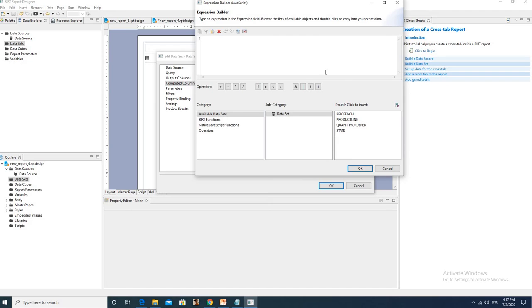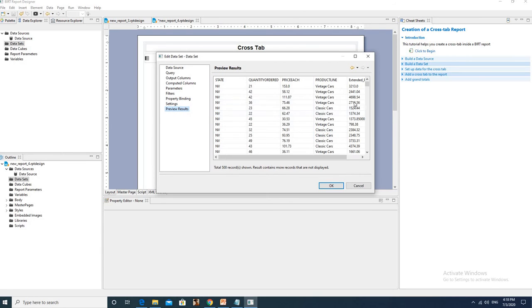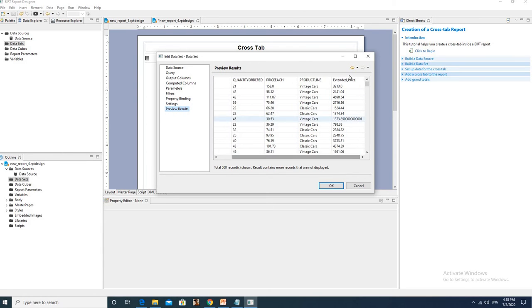Build the expression here as quantity ordered times price each, and then press OK. Then preview the result. You can see that one extra column is added. This is a computed column, extended price, and all the values for this column are computed.